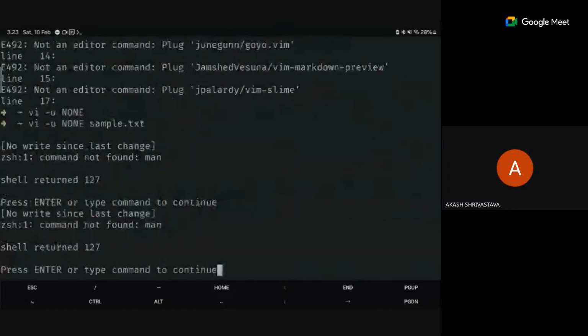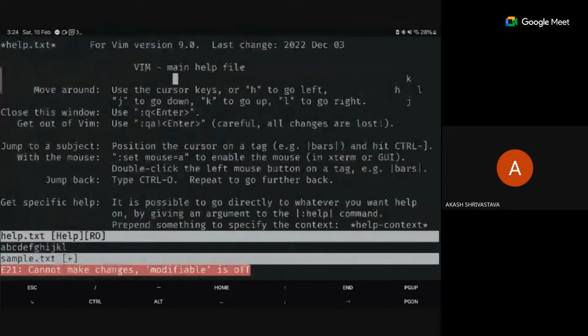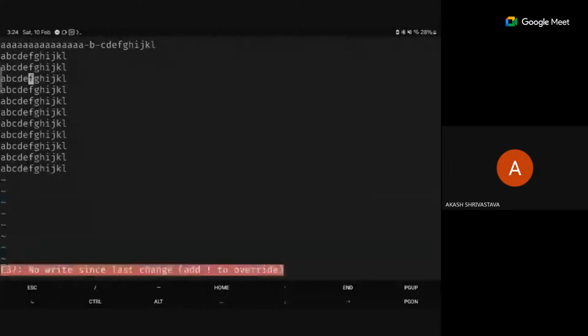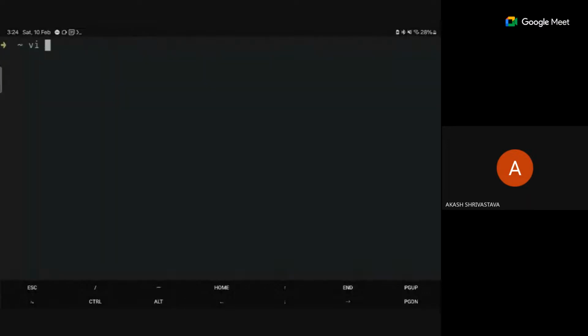It will give you the help.txt and show you the very basic things as well. I'll just start from the beginning.